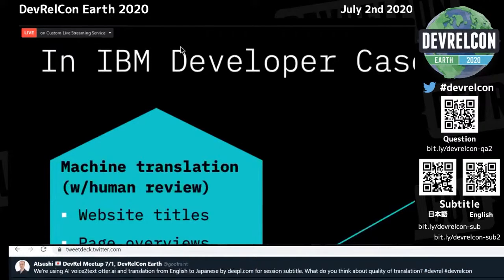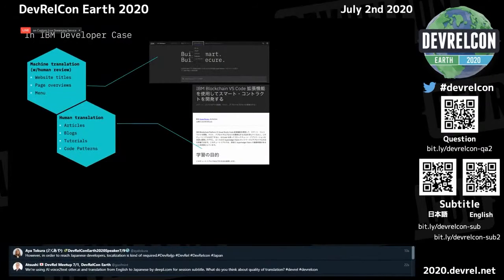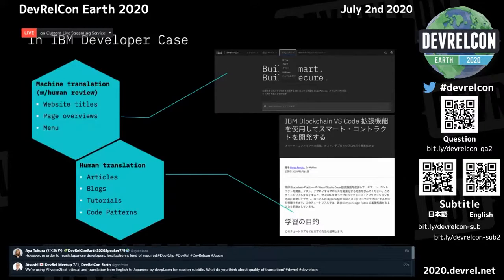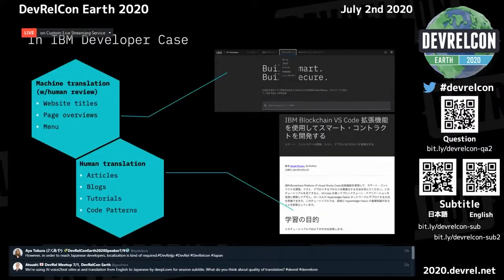And on the other hand, the human translation case. For example, for articles, for blogs, for tutorials, and for code patterns. Code patterns is an IBM-specific name for more specific tutorials with any business scenario. Right. And we have both types of translation.